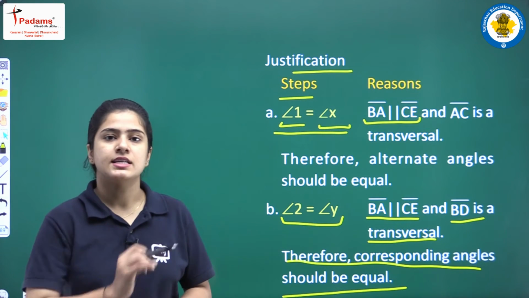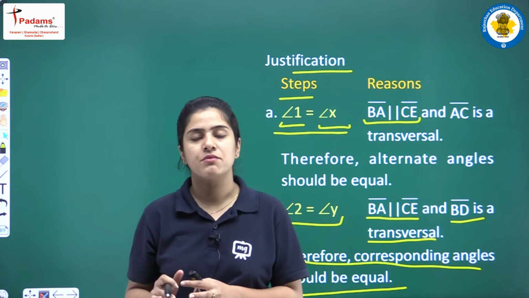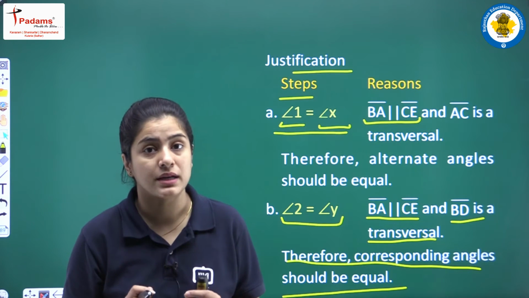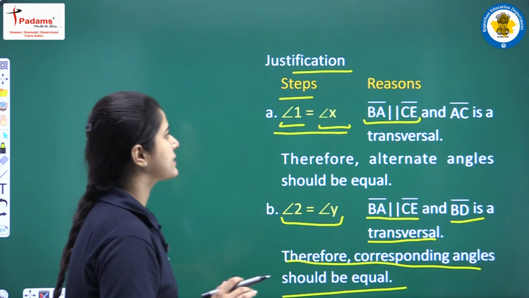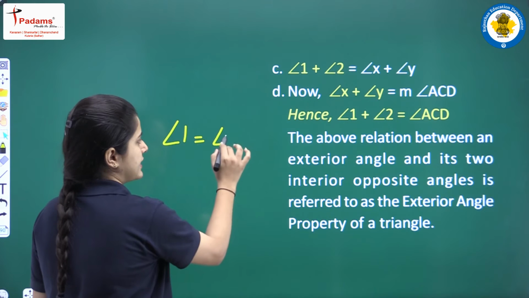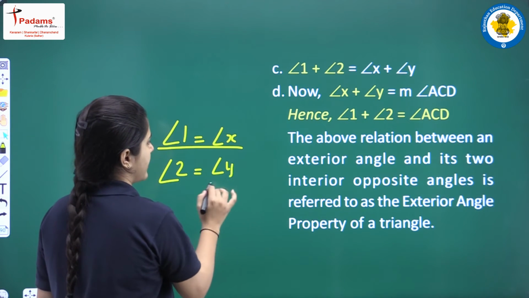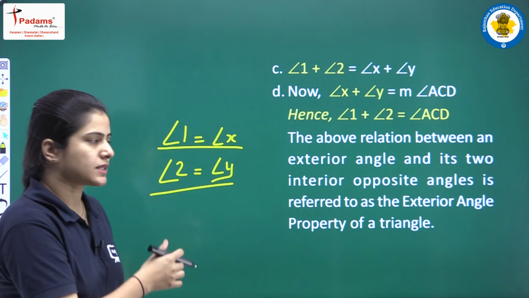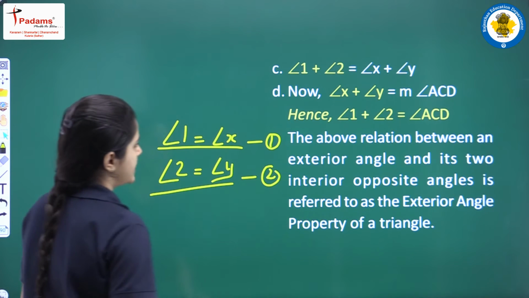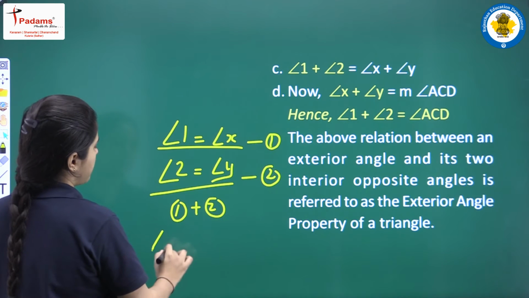So अब हमने सिर्फ एक वो लाइन C ड्रॉ करके ट्रांसवर्सल और पैरेलल लाइंस के कंसेप्ट की मदद से ये प्रूफ कर दिया कि ये दोनों एंगल्स आपस में बराबर हैं, ओके स्टूडेंट्स। अब हमें पता लग गया है कि एंगल 1 जो है वो किसके इक्वल है? एंगल x के, ओके, और एंगल 2 जो है वो किसके एंगल है? एंगल y के, ओके स्टूडेंट्स। हमें ये चीज़ पता है। तो इफ़ दिस इज स्टेप 1 एंड इफ़ दिस इज स्टेप 2, राइट स्टूडेंट्स, देन हम 1 + 2 कर सकते हैं।